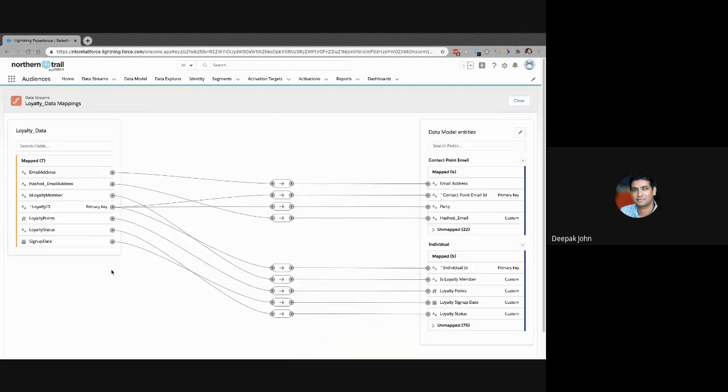So this is a quick and easy way for a marketer to say, I need data coming in from source A, source B, and tomorrow source C, but I need it in a canonical model. It needs to be brought in. So how do I do that? Very quickly, I would do that through here. But there are also clever ways in which you can do rules and logic here to cleanse and standardize that data. So think about lightweight ETL capabilities.